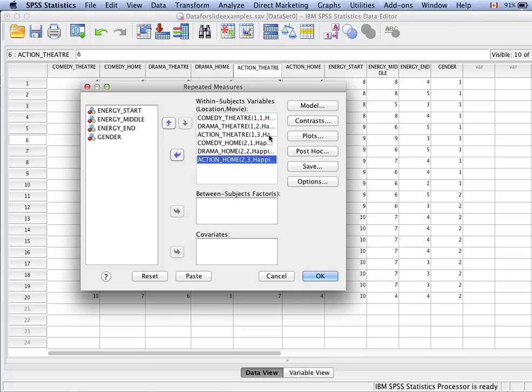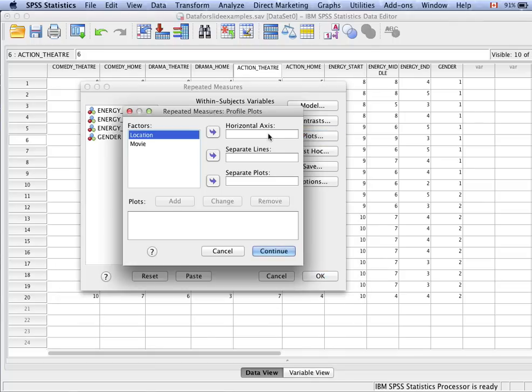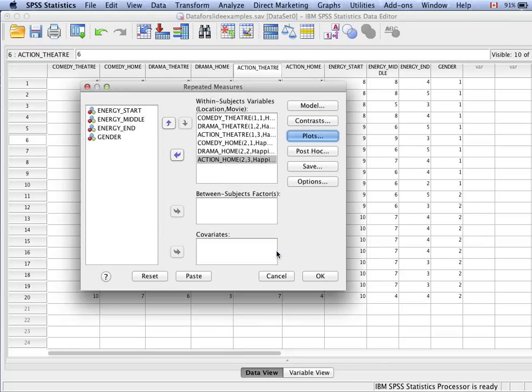So now we can set up our options. If we would like to have a plot, we do it the same way. Usually it's easier to put the smaller variable, or the one with fewer levels, on the separate line. So in this case, it'll be the location, and then the movie on the horizontal axis. We click add, and this will generate a plot of what's actually happening here,